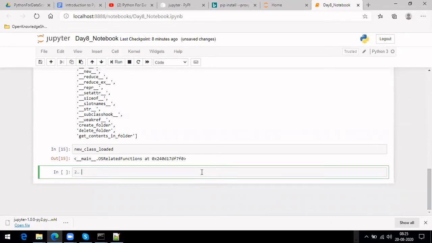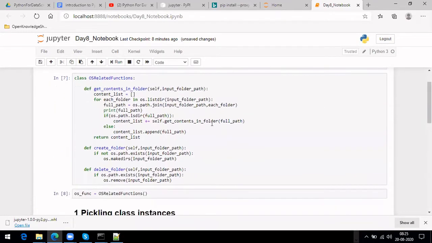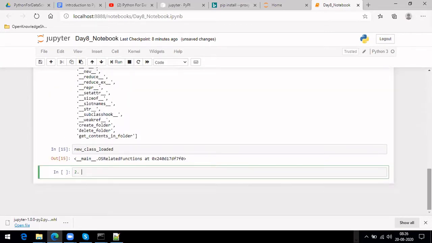Let's try another thing. Let it be section two. What we are trying to do is improve the class. Initially, we did not use classes to full extent. We only treated it as a set of functions, nothing else. But it can be much more. Okay, let's try. I'll give this heading later, depending on what we are trying to do. TBD as of now.